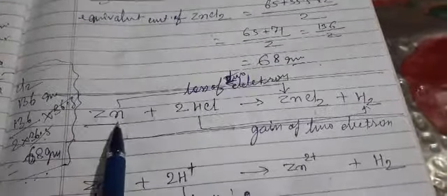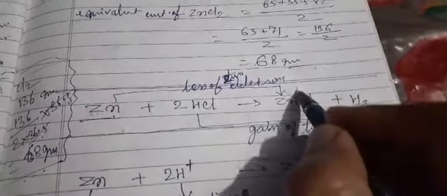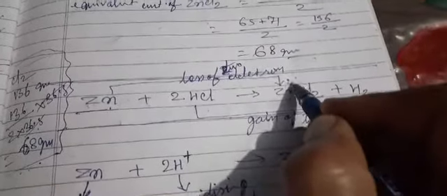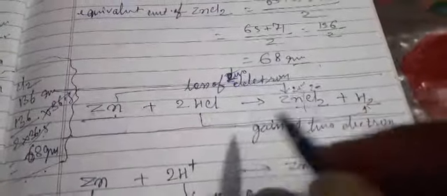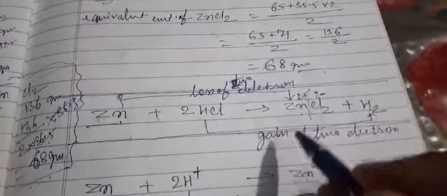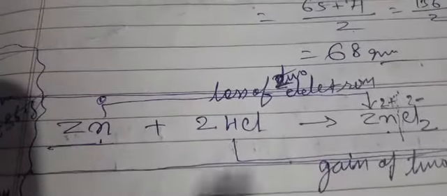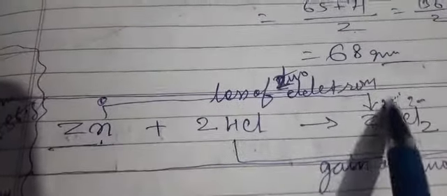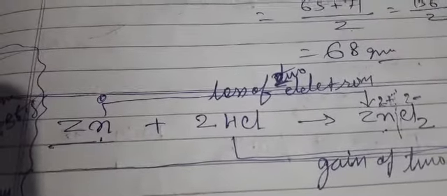Here you can see zinc, Zn. There is a loss of 2 electrons, because if you ionize it, you will find a 2 positive charge and 2 negative charge. So Zn here, how much charge is there? 0. Here, for zinc, how much is it? 2 positive. So Zn 0 converted into Zn 2 plus. That means zinc has lost 2 electrons. So there is a loss of electrons, so zinc has undergone oxidation. So zinc is a reducing agent.